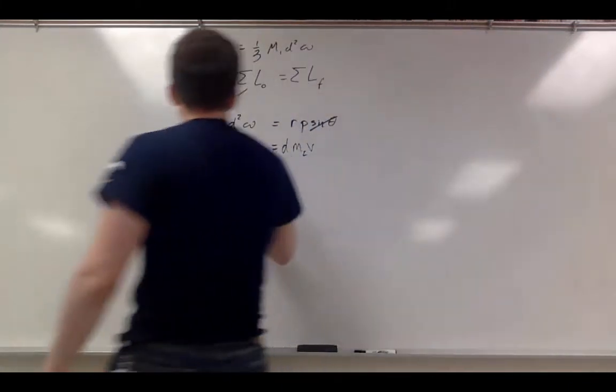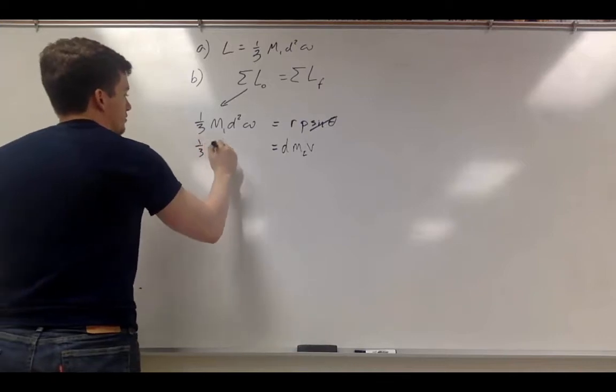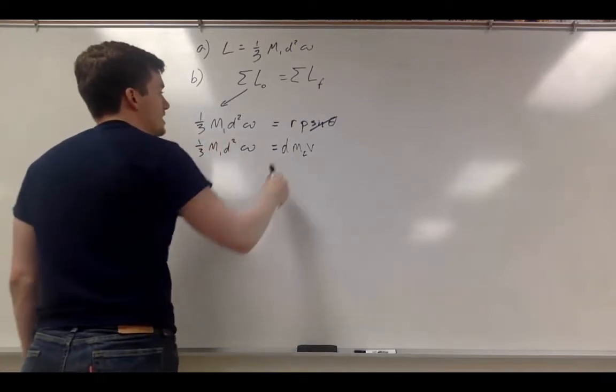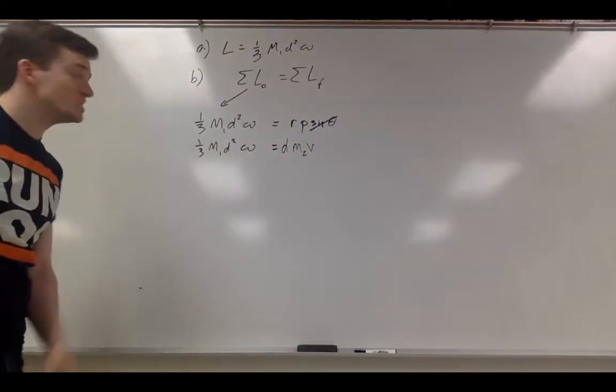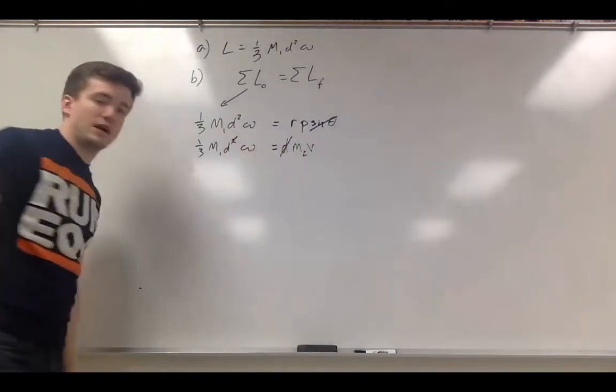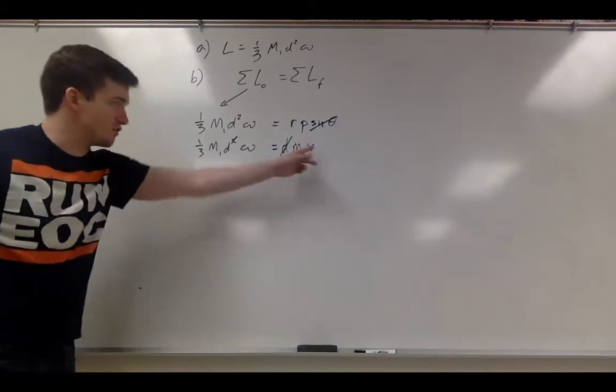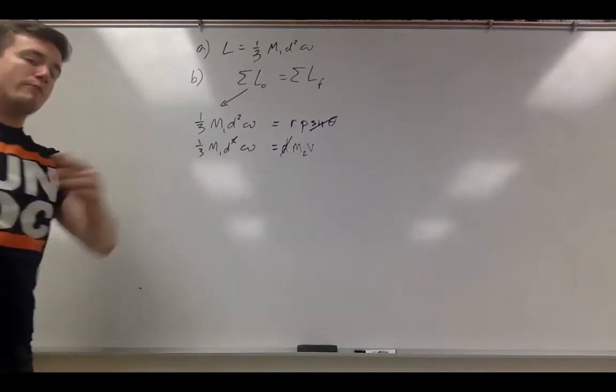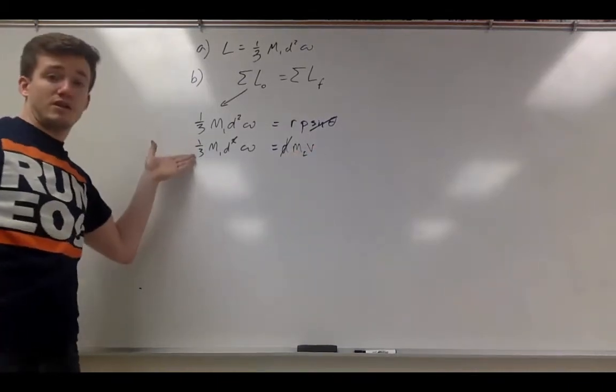So we end up getting 1/3 m1 d squared omega equals that. It's worth pointing out, because a lot of you missed it, those cancel out. And so then we can rearrange for v. Now, a common mistake a lot of people did, this is right, by the way, this is the thought process,